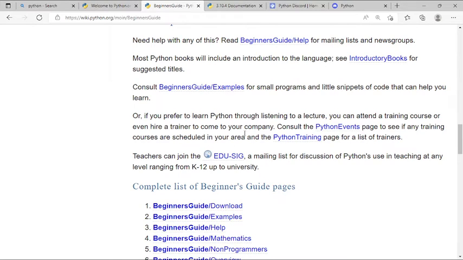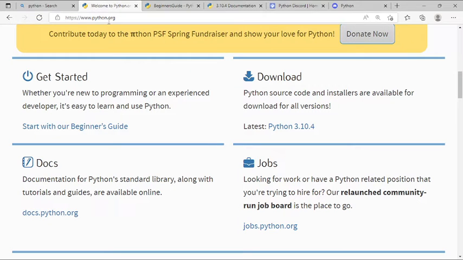Or if you prefer to learn Python through listening to a lecture, you can attend a training course or even hire a trainer to come to your company. You can consult the Python events page to see if any training courses are scheduled in your area, and the Python training page for a list of trainers. And that's why we have said that when you